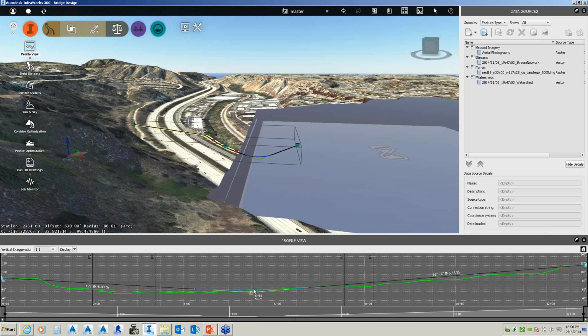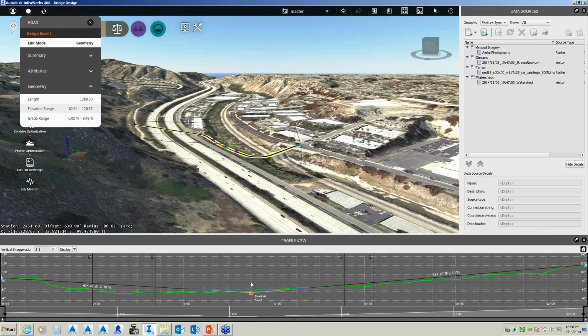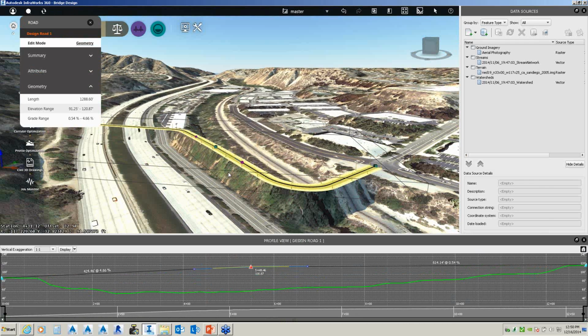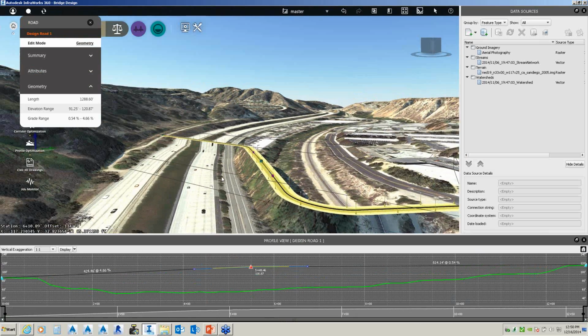If I pick on my PI right here, I can raise up that road. Again, this is the context of the existing environment. What does that look like when I'm referencing the existing ground? Clearly you can see I could do some roadside grading there if I wanted to.